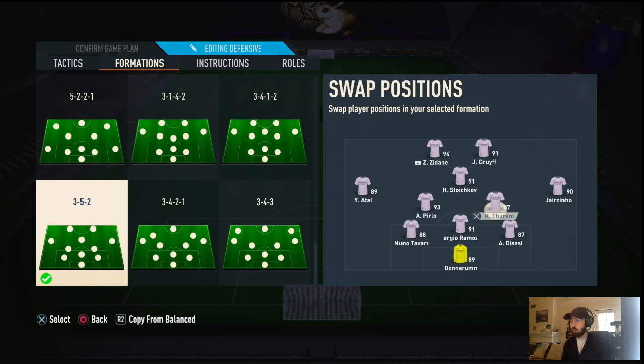Your wingers, make sure they're high. So I got Atal and Jarzinho. So at high, they drop all the way down to defend. So they actually drop deeper and actually make the defensive line. If they're not a high defensive work rate, if they're like a medium defensive work rate, they won't drop as deep. So try to make sure you get a high. Skiller,